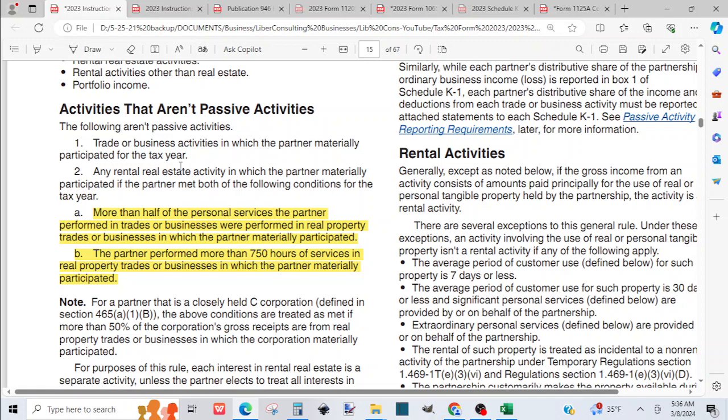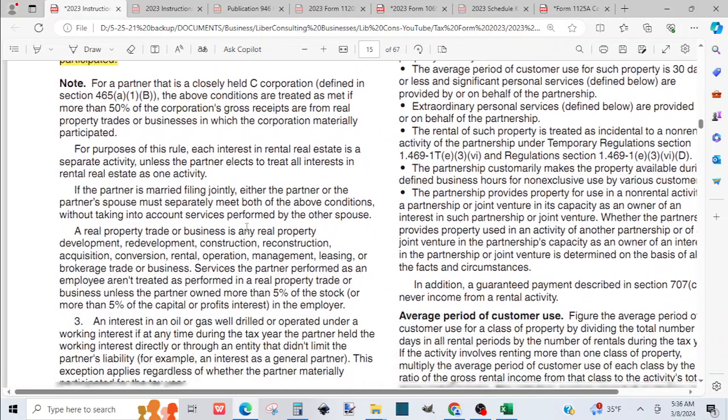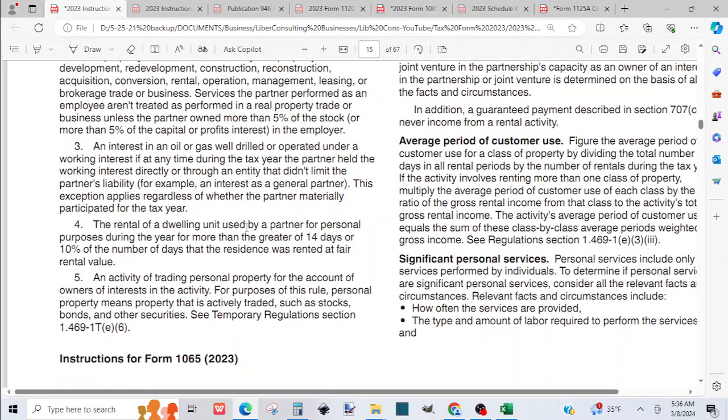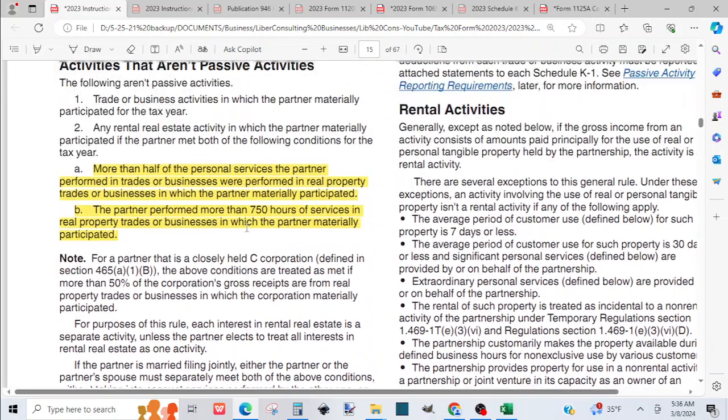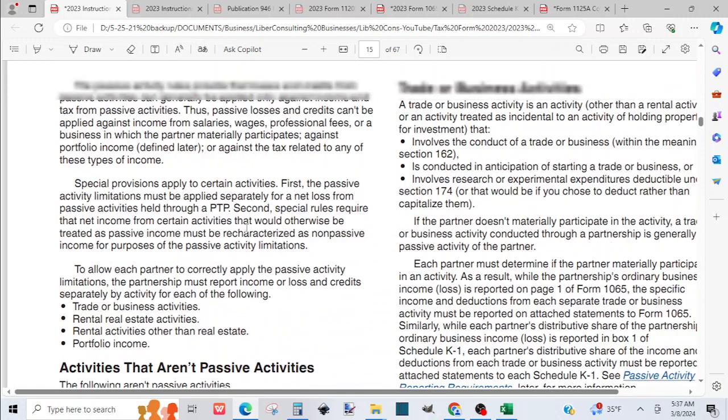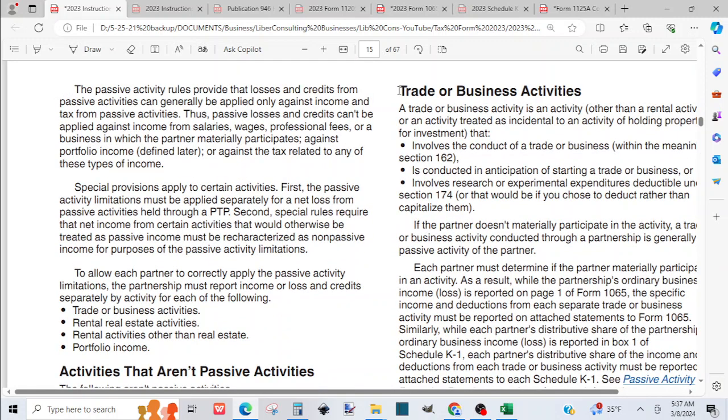But this is related to the partner, not so much to the business itself. But let me see. They should need to explain what not a business activity is though in this. Okay, trade or business activity. Great. Well, can I highlight that? A trade or a business activity